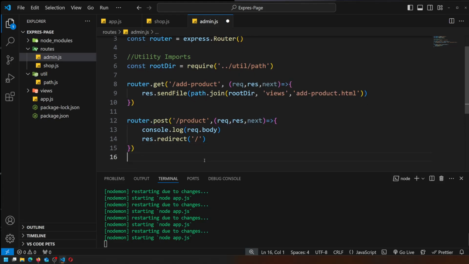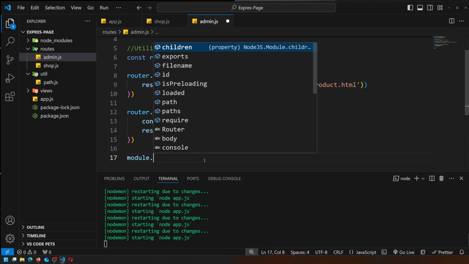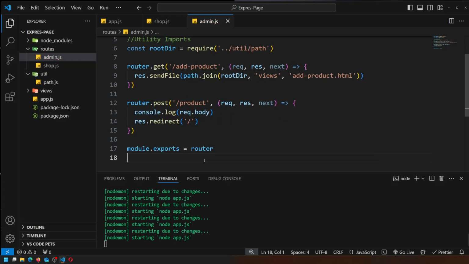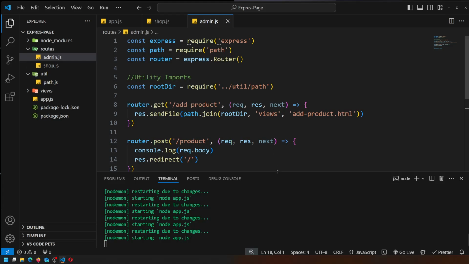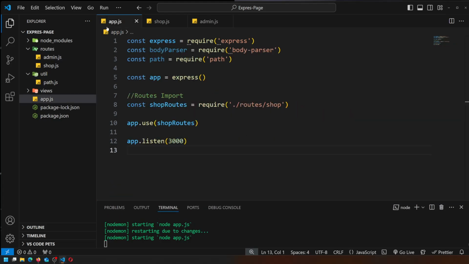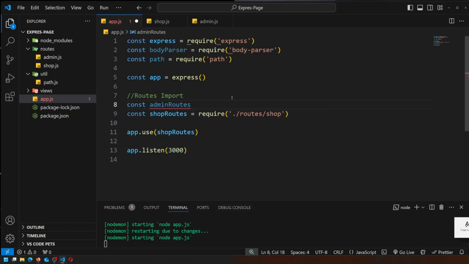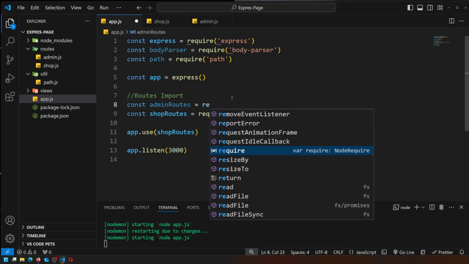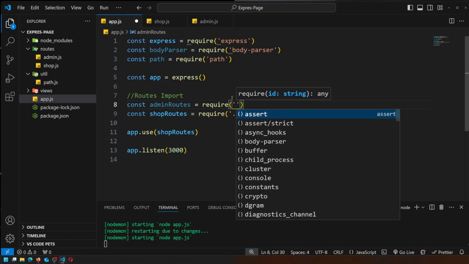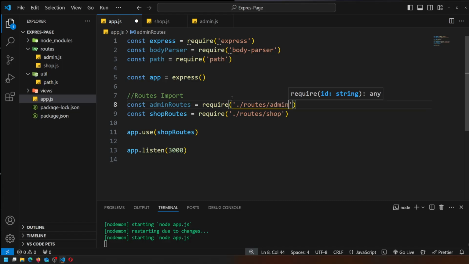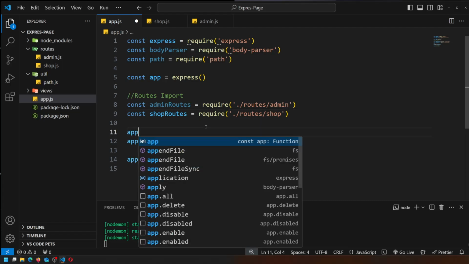And now we can actually go ahead and do the module.exports equals router. And that's going to go ahead and send it out, right? So, we need to go into app. We're going to bring this in here and const adminRoutes equals require admin. And in this instance, the order in which we call them does matter. So again, we're going to bring